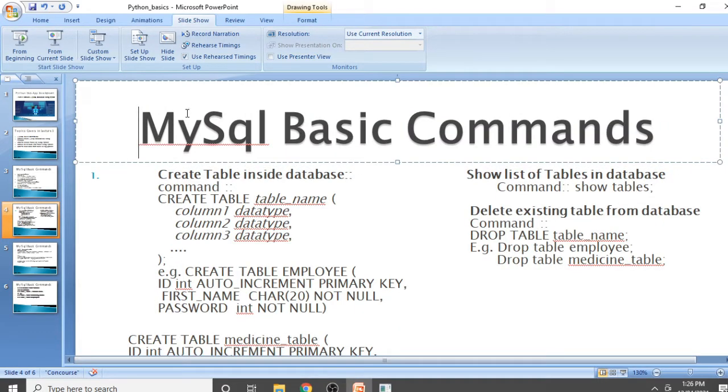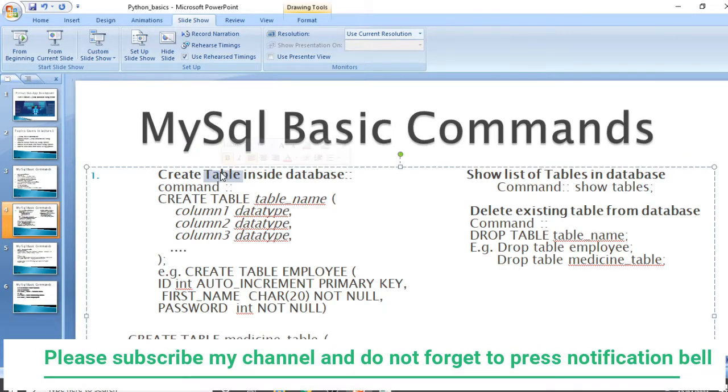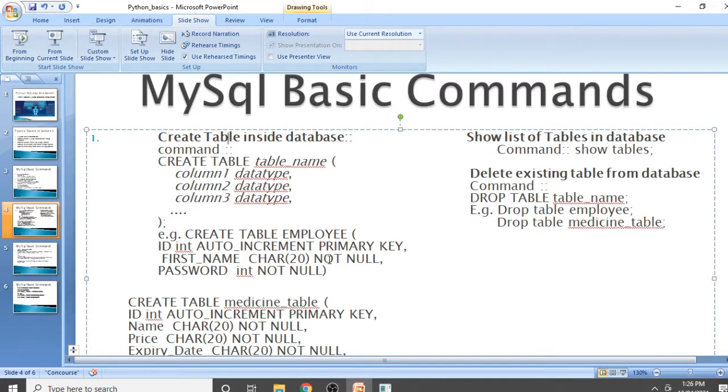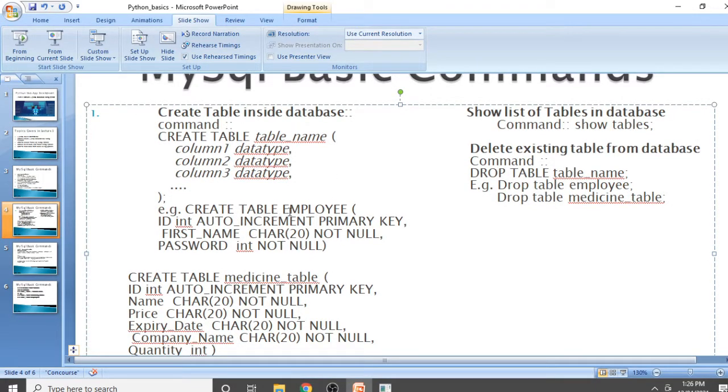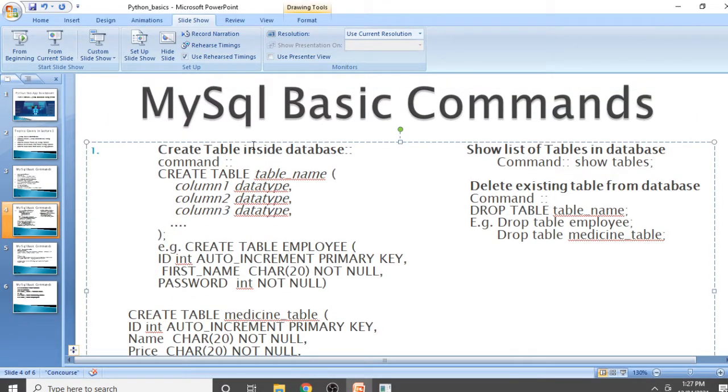So let's move toward the next part of this series, that is MySQL basic commands for tables. We will see how to create a table inside a database, how to insert values inside that table, and how to delete a table from the existing database. So the first question should be why we require a table in a MySQL database.